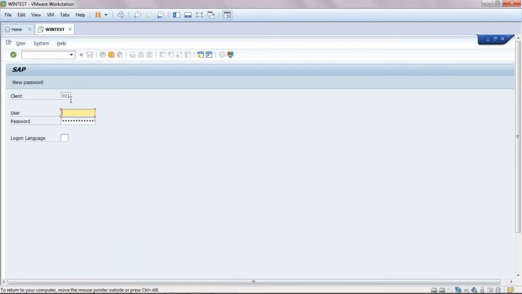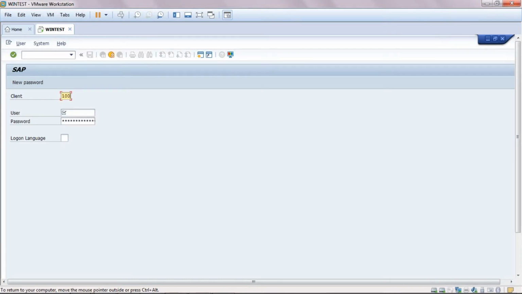Sometimes, when you work on a development server, a quality server, or a production server, this client has to change every time. For development we have 4 clients, in quality we have one client, and in production one client. By default, it will take 000 or 001. But we are going to work in a new client, so it is compulsory to change this. Otherwise, every time you need to change it manually. For example, if you want a new client 700, whenever you log into the system, it has to show 700 by default. We are going to see how to do that.